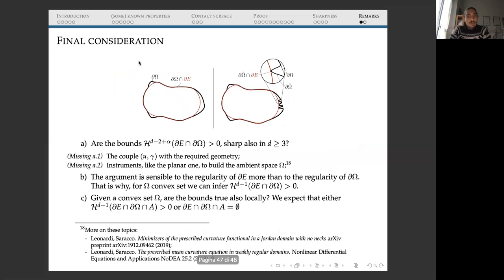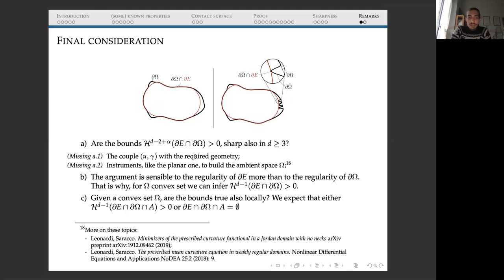So let's do some final considerations. The first naive one is, are these bounds sharp also in dimension bigger than 3? As I said, the construction of the counterexample fails, but it fails for two reasons. The first is that you need to understand a little deeper